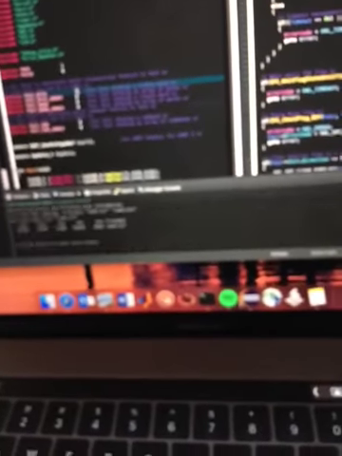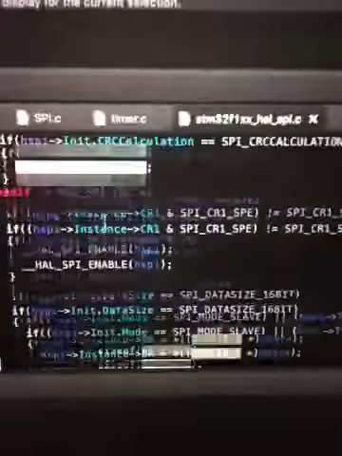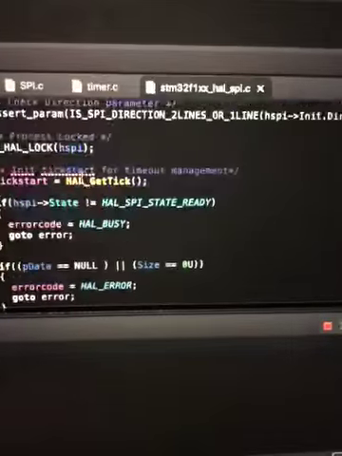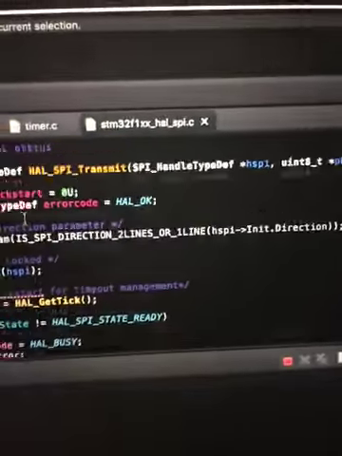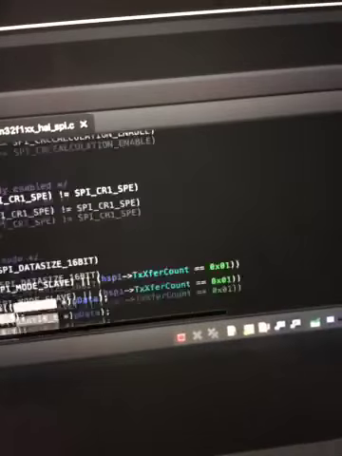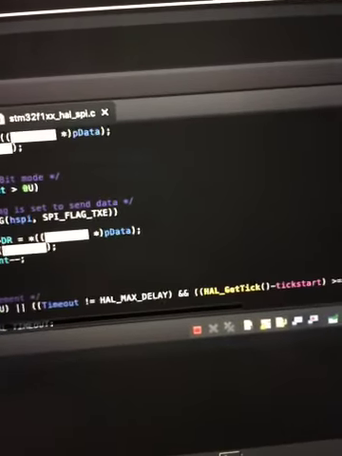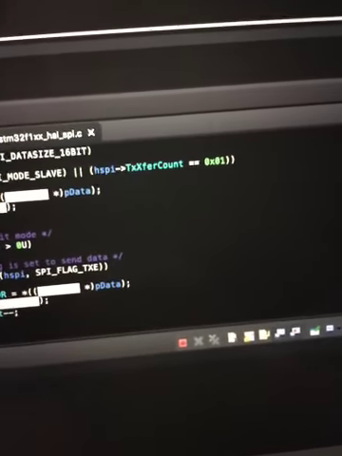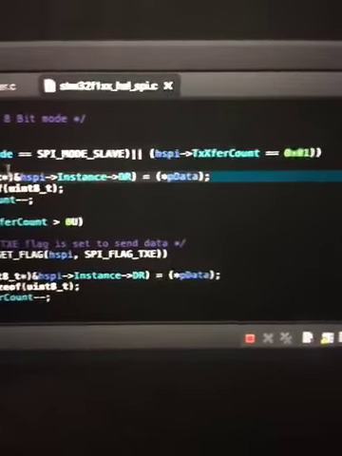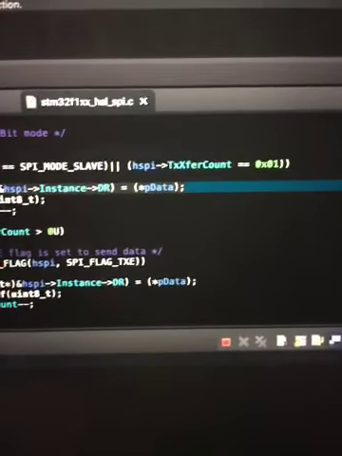So we'll run it, and we end up in the HAL transmit function, and we see that the data to be sent,